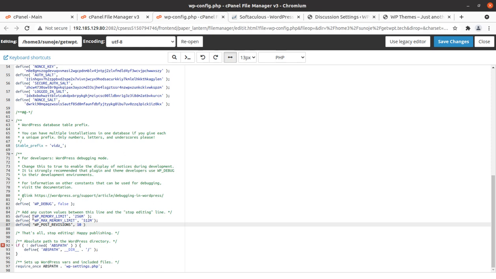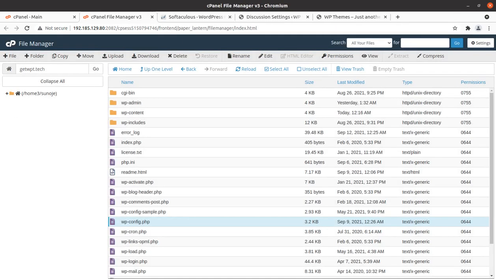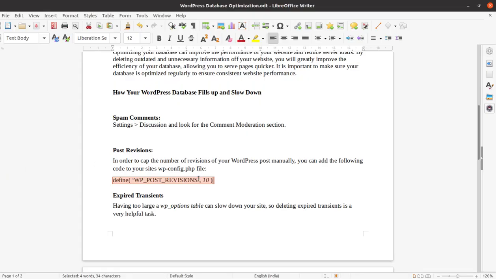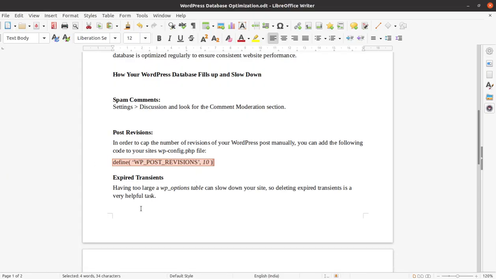And you may see here I have already kept 2 lines, that is maintaining the WP memory limit and WP max memory limit. So there is another video on this channel that shows how to maintain the PHP memory limit. That is also very helpful, so you can watch that video as well. So okay, this is the second setting, and now expired transients